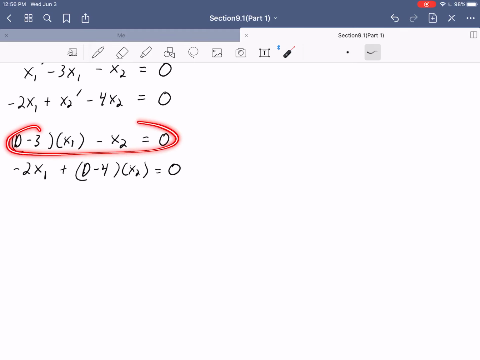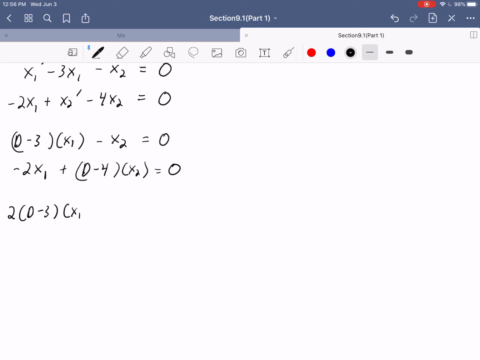So up top here, let's multiply this equation by 2. If we multiply the top equation by 2, we get 2(D minus 3) of x1 minus 2x2 is equal to 0. What should we do on the bottom equation? Well, to make this match, we would need the operator D minus 3. So let's apply the operator D minus 3 to both sides of this equation, which of course is a valid